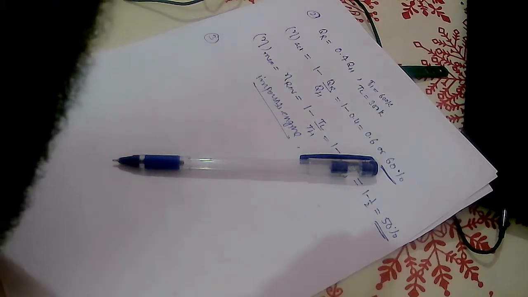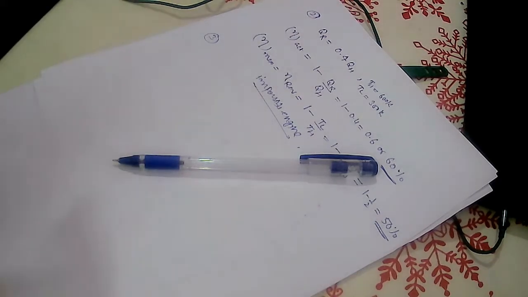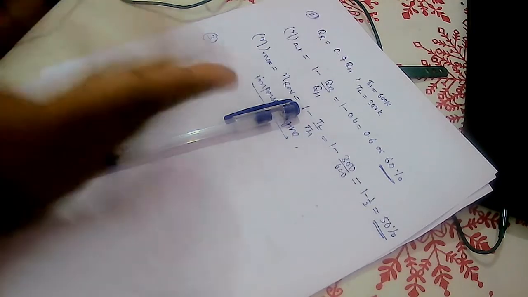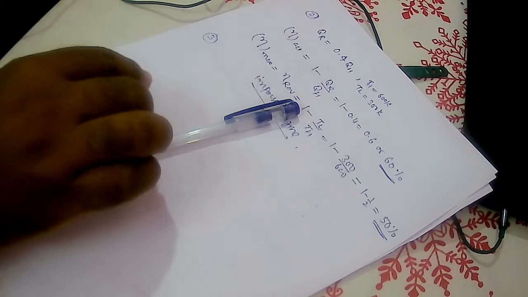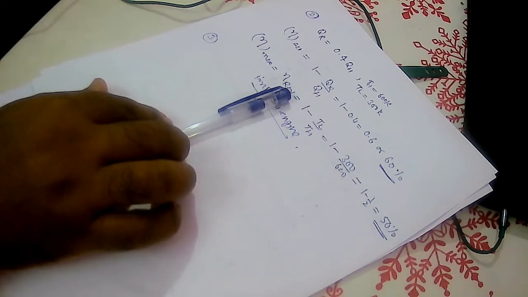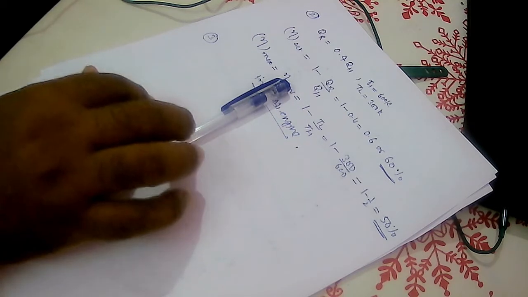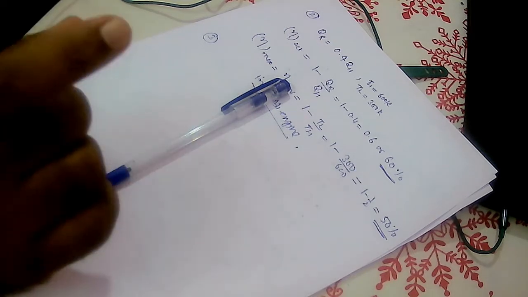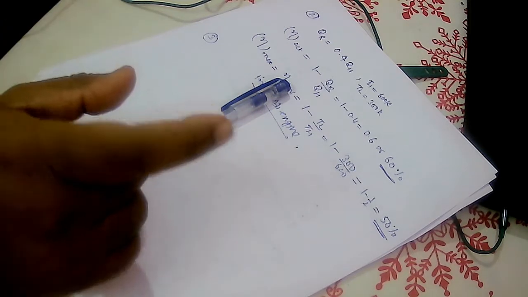Let's go for the next option. Process must proceed infinitely slowly. Yes, this is one of the requirements of reversible. None is not there. That means the correct option is the process must be accomplished quickly. This is actually violating one of the requirements of a process to be reversible. So that's what is asked.